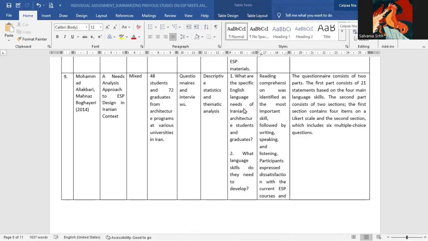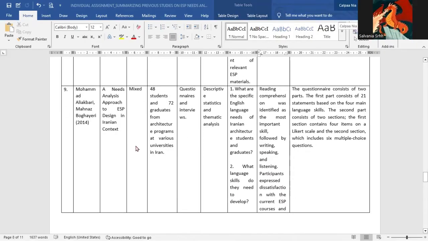From the research question, we see that the study aims to evaluate the needs and views of architecture students and graduates regarding the effectiveness of English for Special Purposes or ESP course at Ilam University, Iran. This used a mixed method